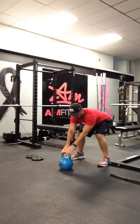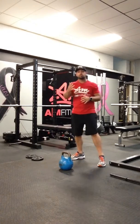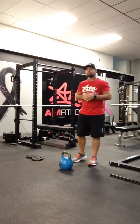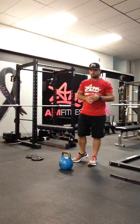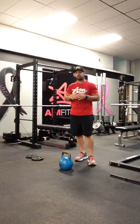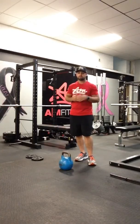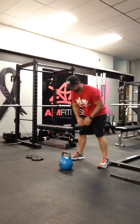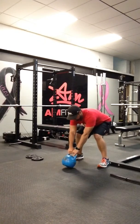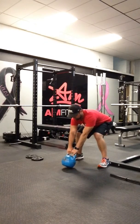Okay? Control on the way back down. All right, guys? With the kettlebell swing, you should be able to return that kettlebell to the same position you took off from the first time. Okay? Great way to practice that, guys, is do single reps. This way we can understand the takeoff and the return and the drive that's going to bridge that gap between repetition and start. And a lot of times we'll get here and we just won't know where to go after we start. So, single reps,